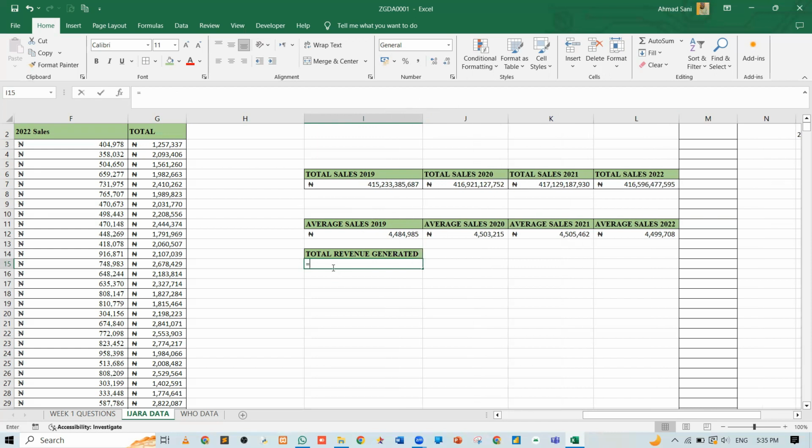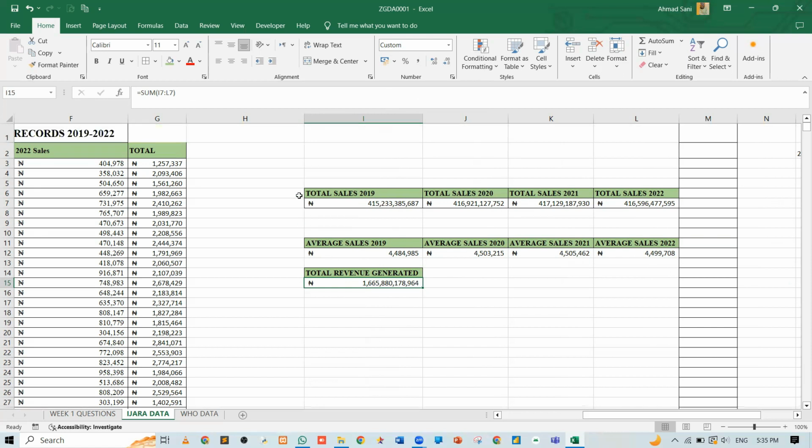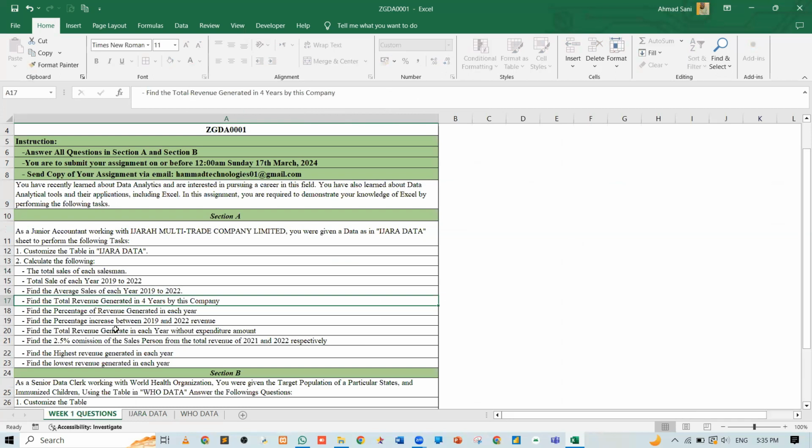So if I say total revenue generated, I can just say is equals to sum. Since this is the total revenue generated in each year, 2019, 2020, and 2022, so now I can just sum the whole 4 years. Since I want to know the total revenue generated in the whole 4 years, I will just hit enter. You see I'm having something of trillions or billions of values. So this is the total revenue generated in the whole 4 years. So the next thing is